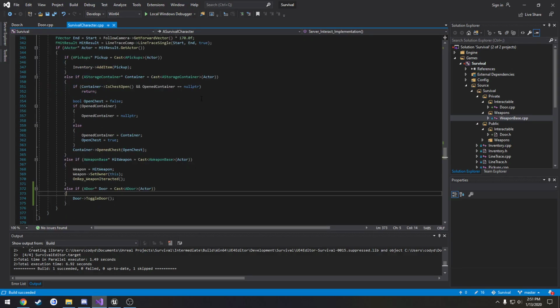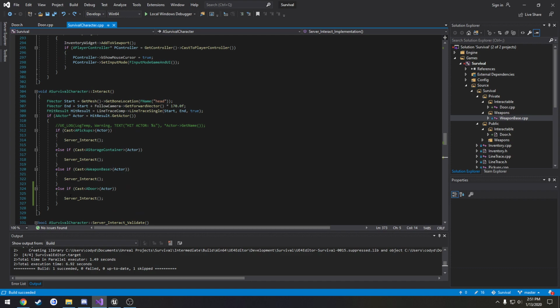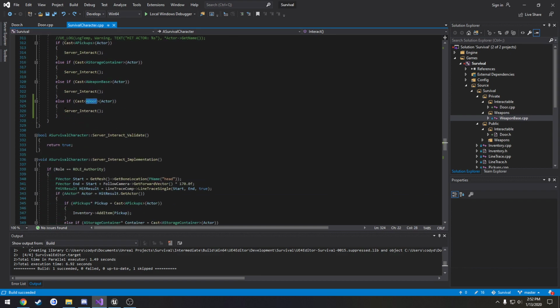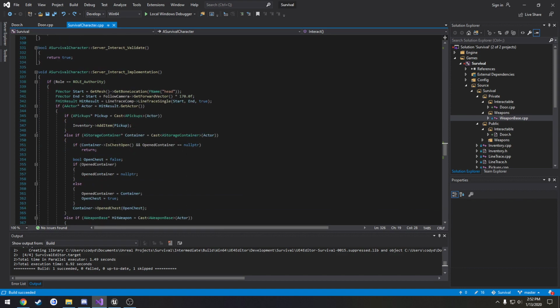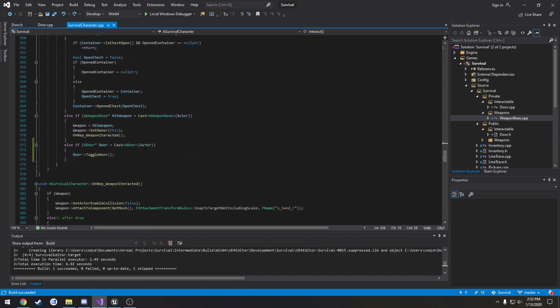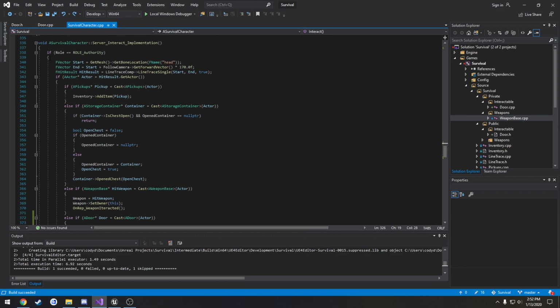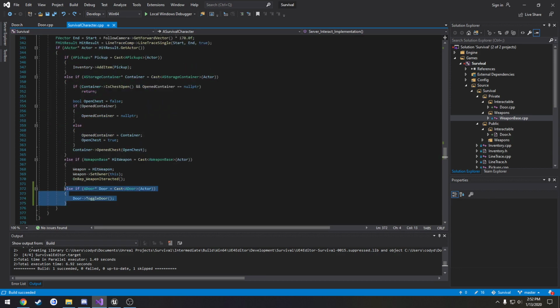So when the client presses E, we check if we can cast the actor that was hit with our line trace to the type of a door, being our class. If it is, we call our server interact function. And then in that, we go through and, just like before, we perform the exact same line trace again and make sure that we do in fact hit something. And since we do hit a door, we're going to call our toggle door function. This is going to run strictly on the server